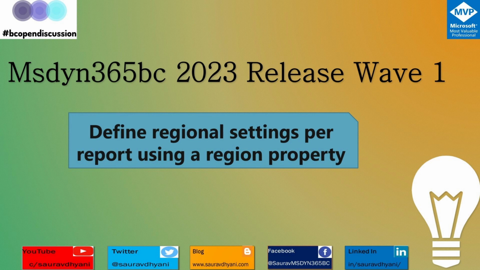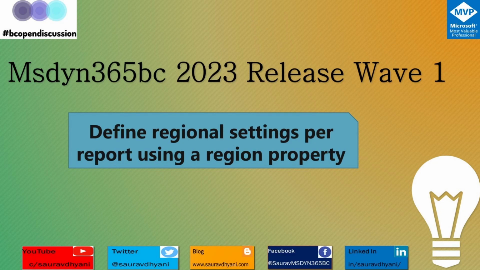So before Business Central 2023 release wave 1, report formats, especially the date and numerical formats, depending on the client setting for regions, could not be configured, and it was pretty much a hassle for every customer who operates in multiple parts of the world to see how these numbers look. Like in certain countries, the 1,000 separator may be a dot, and in some countries it's a comma. The dates are formatted differently in different countries, and that was super confusing for different users based on different